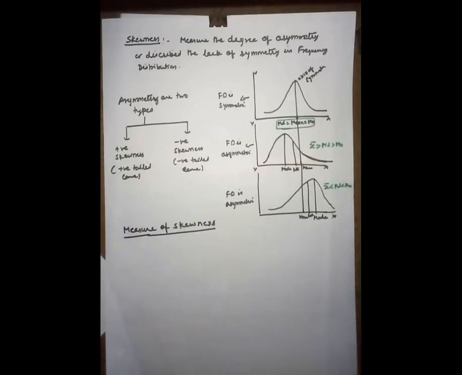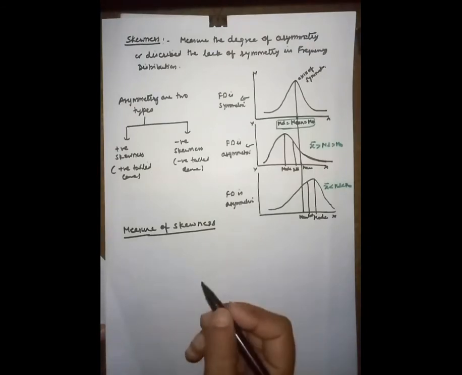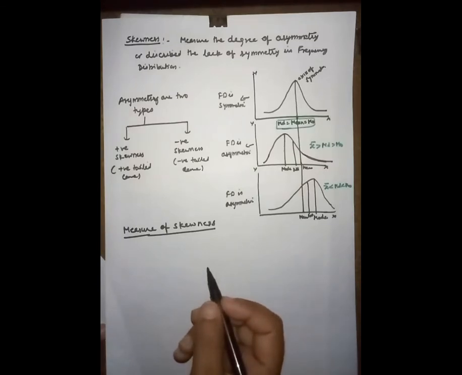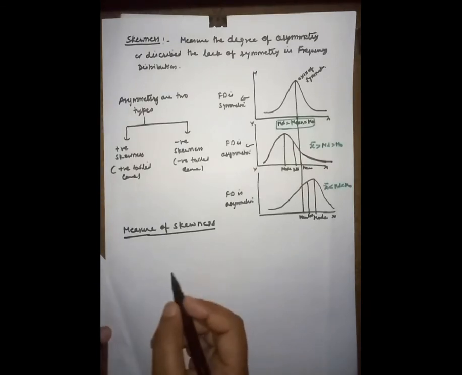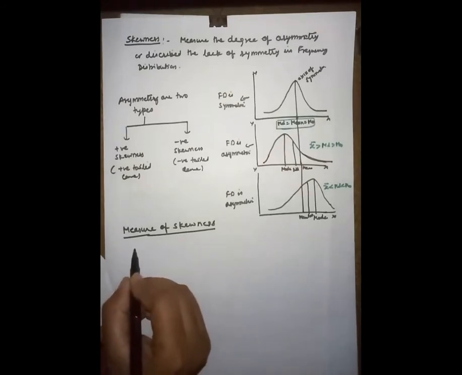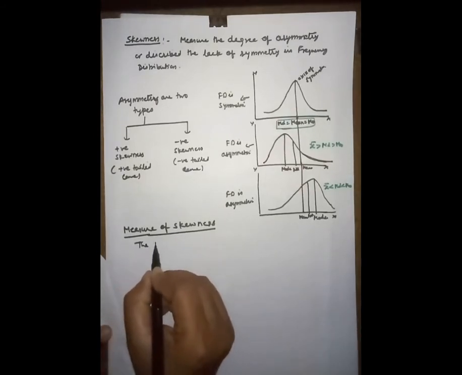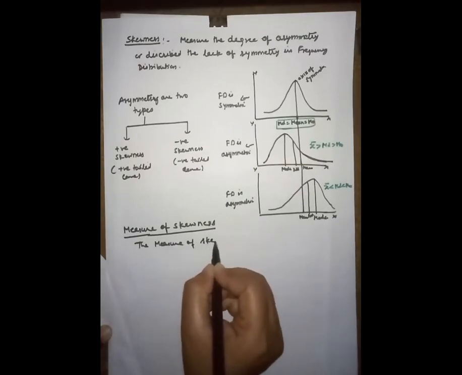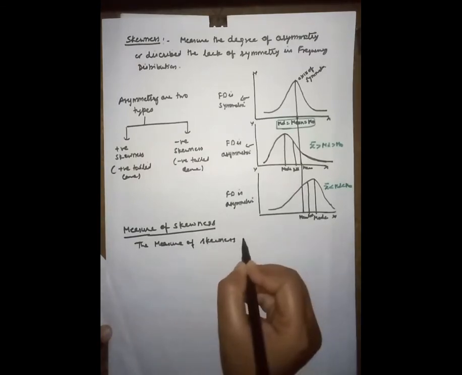Friends, there are three types of measure of skewness. The measures of skewness are,